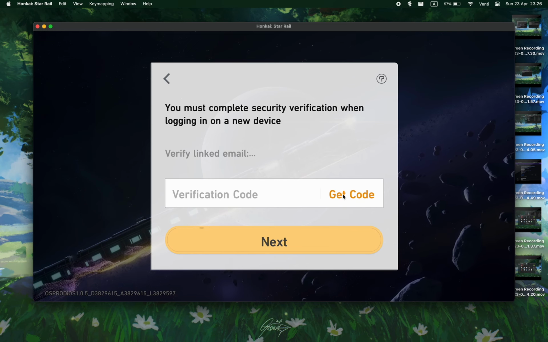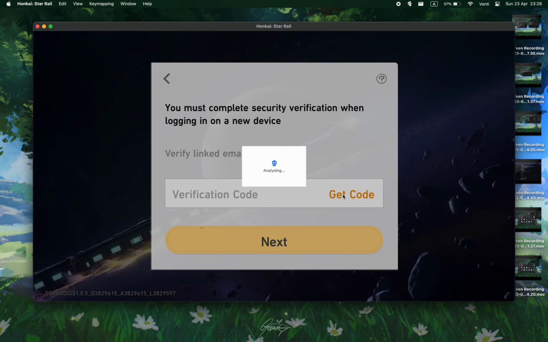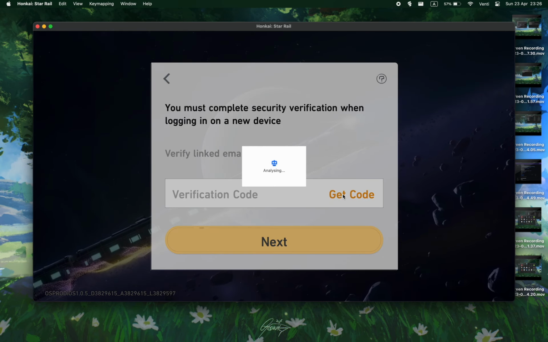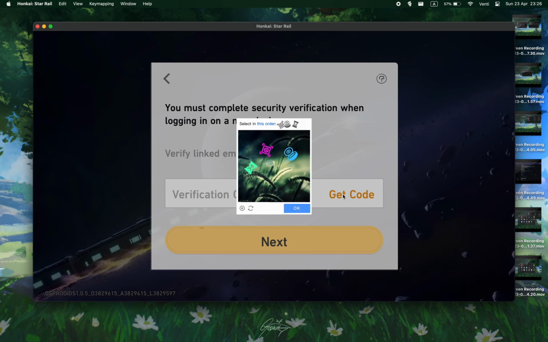At this point, you may be asked to perform a verification. If this happens, simply follow the prompt on screen in order to verify your login with the servers.